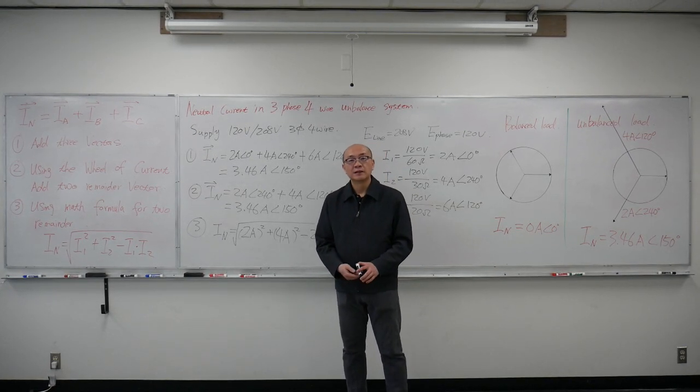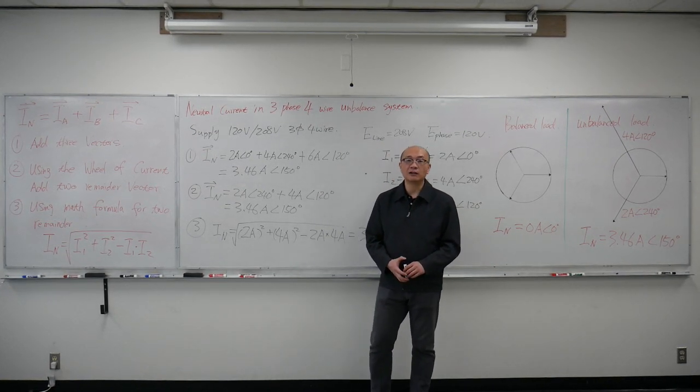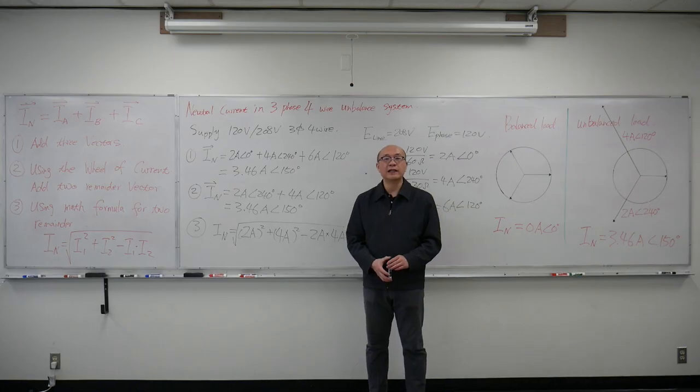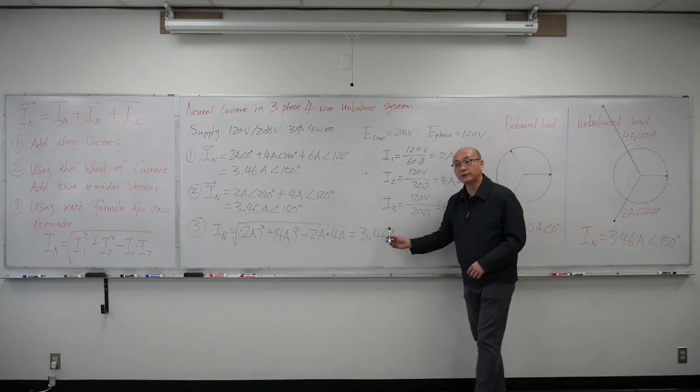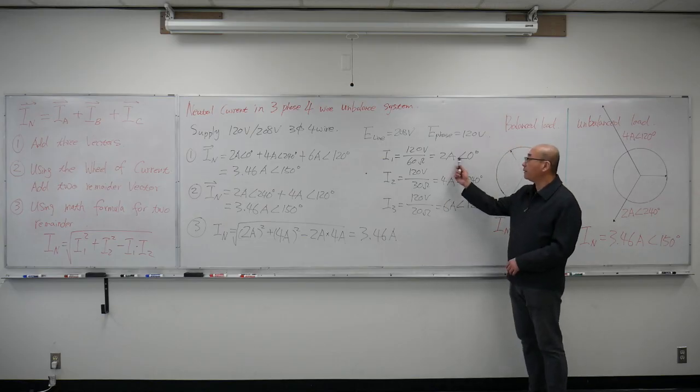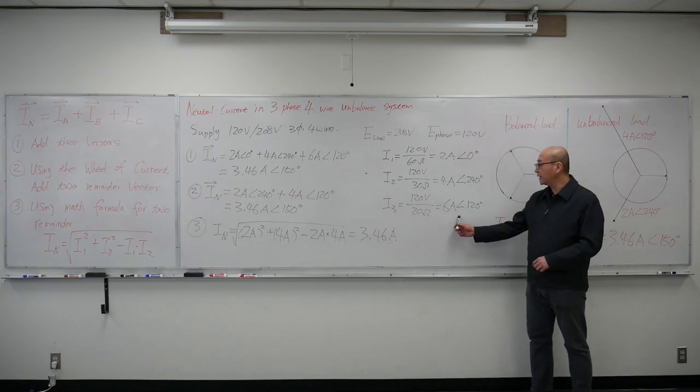Hello everyone. Last lesson we talked about how to calculate the neutral current in an unbalanced three-phase 4-wire system. This lesson I'm going to show you more ways to calculate the neutral current in a three-phase 4-wire unbalanced system. We're still using the numbers from the last lesson: 2 amp at 0 degree, 4 amp at 240 degree, 6 amp